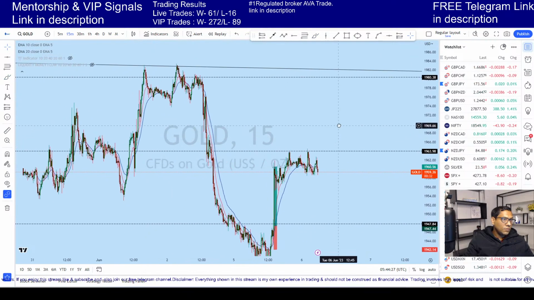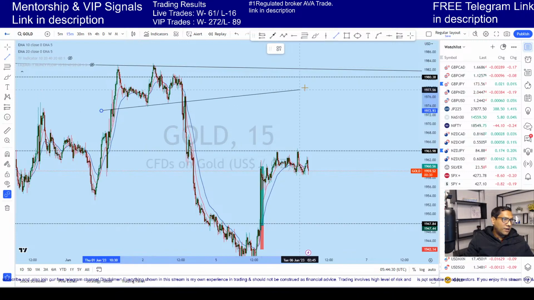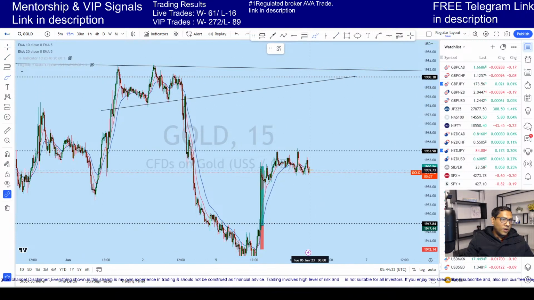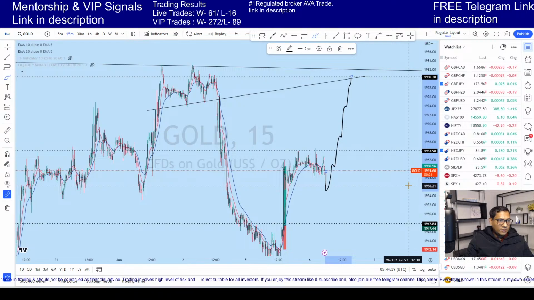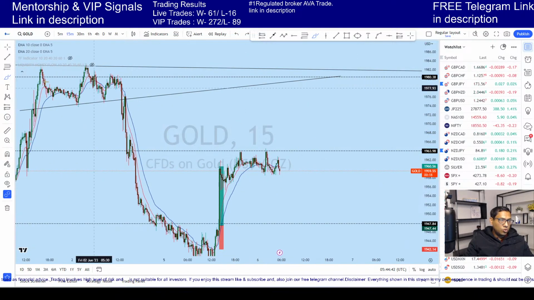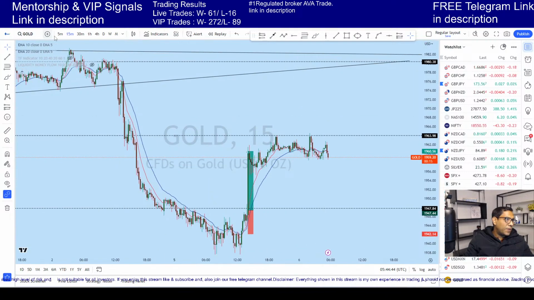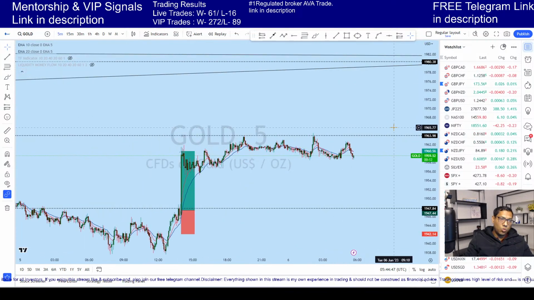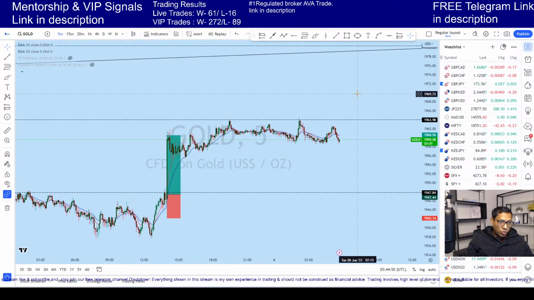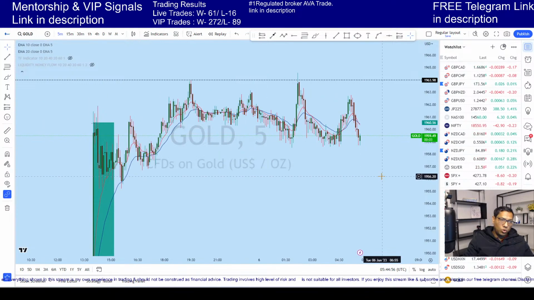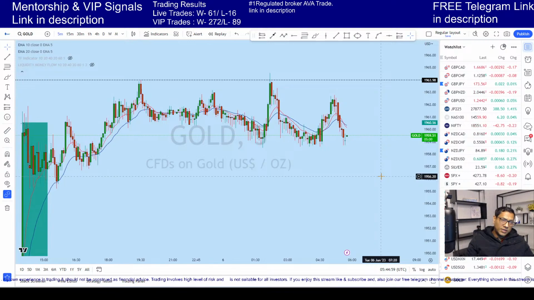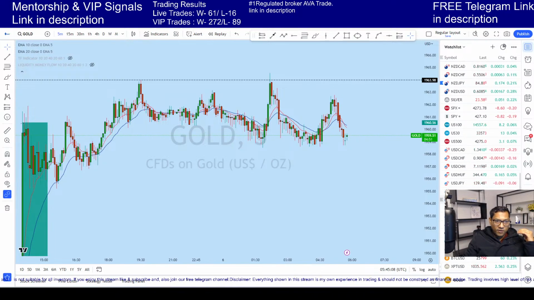Okay, I think gold highly likely will move. After testing this support, we can expect gold to move up to this resistance line, and then we can expect the price to come back down again. So this is the primary plan. It is not necessary that the market will do exactly what we are telling it to do. We need to adapt to the market. This is the right mindset, having a plan. If the market is doing accordingly, we will be doing that. If the market is not doing accordingly, then we will be doing according to the market, because the goal here is not to be right but to grow the trading account so that we can have what we need.